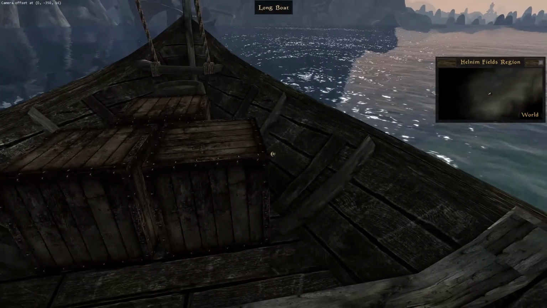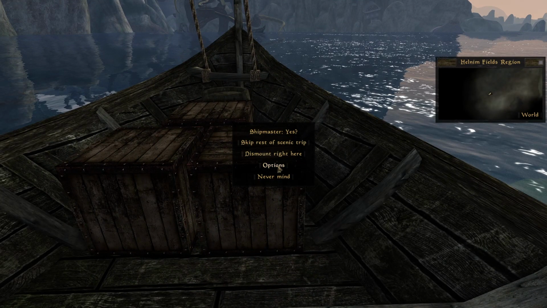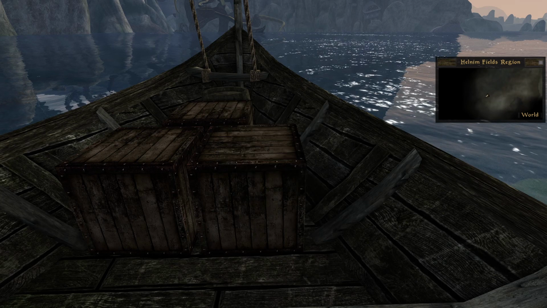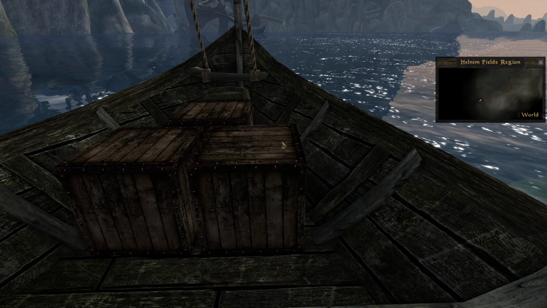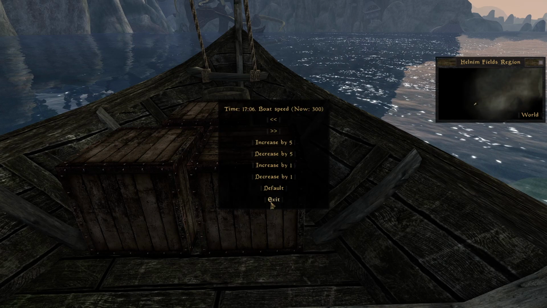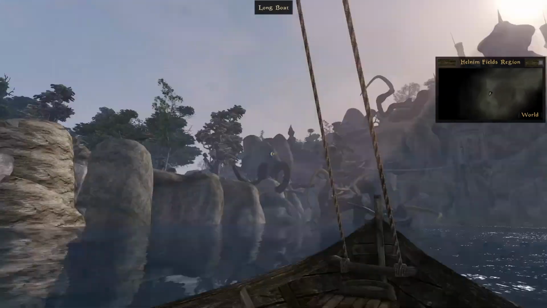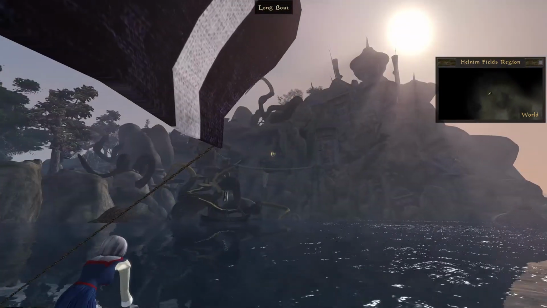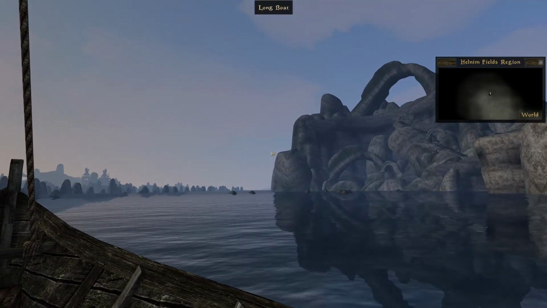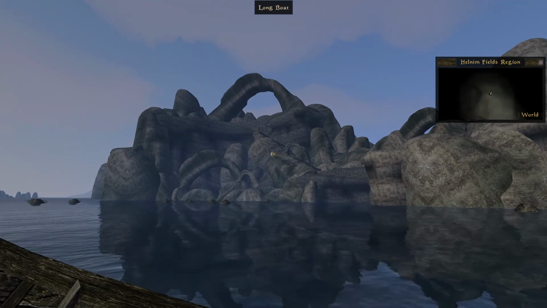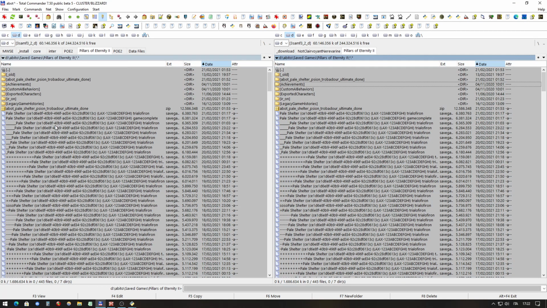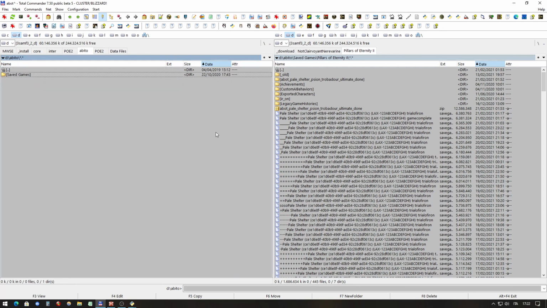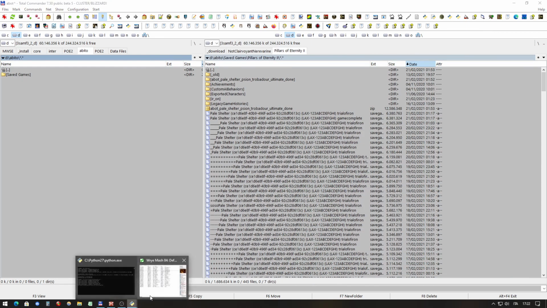Let's see if I can go faster. Options. We will use max speed so we can reach the Firewatch city, which is another one having big changes, a little faster. I think that's being, oh, we crashed. Well, that's not really a problem with Tamriel Rebuilt. More something like using too many things running. But anyway,